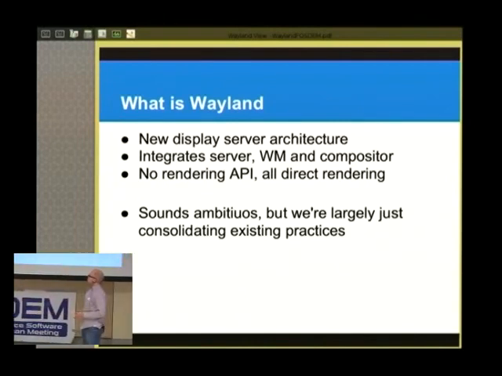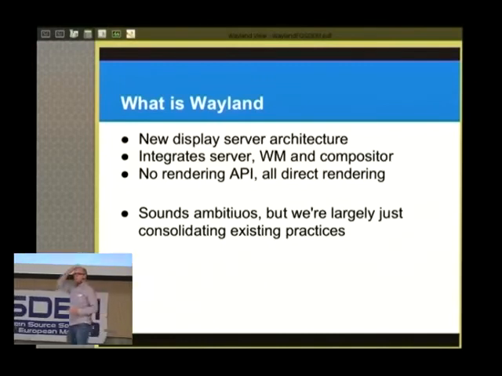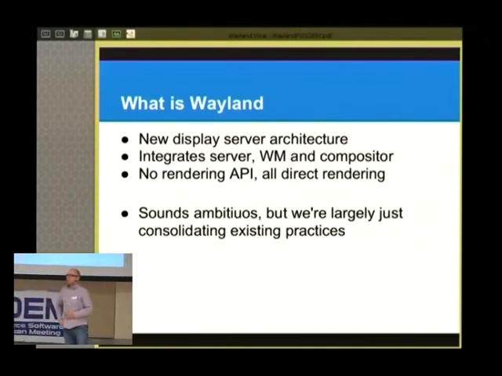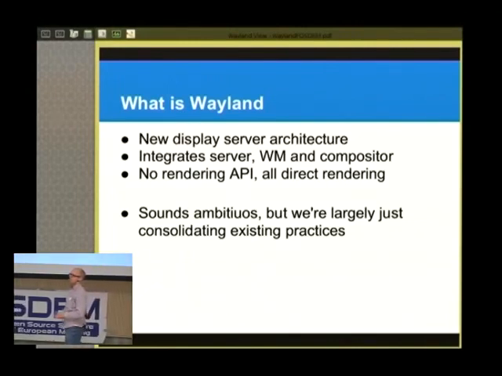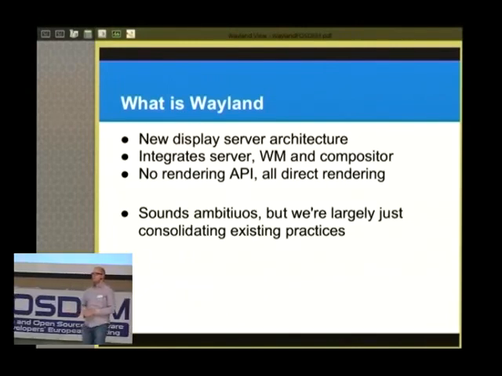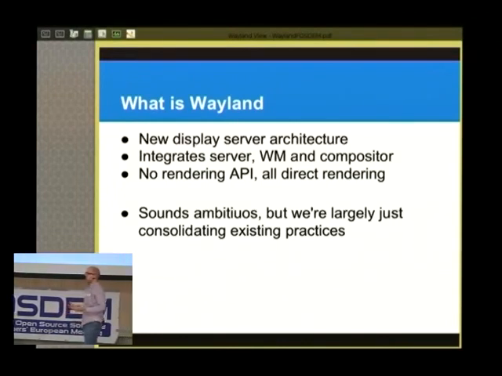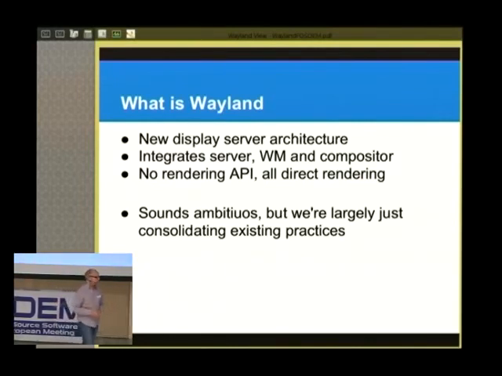Writing a completely new display server sounds ambitious, and it's something that a lot of people have tried in the past, and a lot of efforts didn't end well. It turns out that at this point in time, where we are with X, with our kernel infrastructure, with our 3D drivers, it's not a crazy project anymore. It's more or less refactoring and cleaning up what we already have. So we're consolidating what we're doing today. We're refactoring the display server to support the UIs we actually use today.